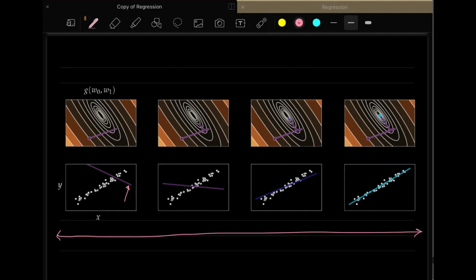When you see here, this line is not properly fitting, because you initially started with some random value of theta 0 and theta 1 for this algorithm. But as you progress further, you can see that the line is getting close to the data set, and it's getting improved, trying to minimize the error between the line and the data set. Finally, after a few iterations, the line is exactly fitting the data set. It's a best fit in the sense that the mean square error in this case is very less.